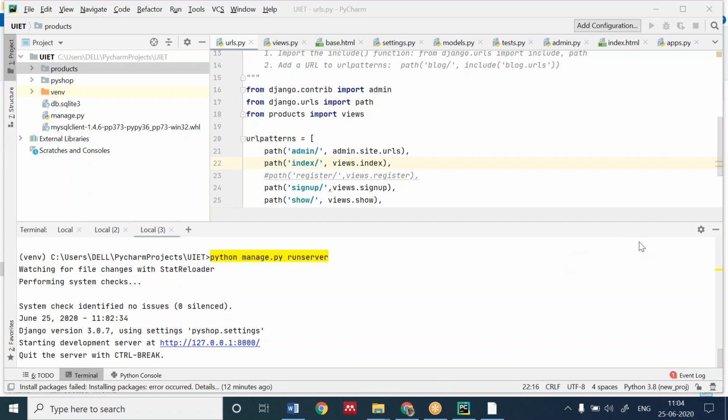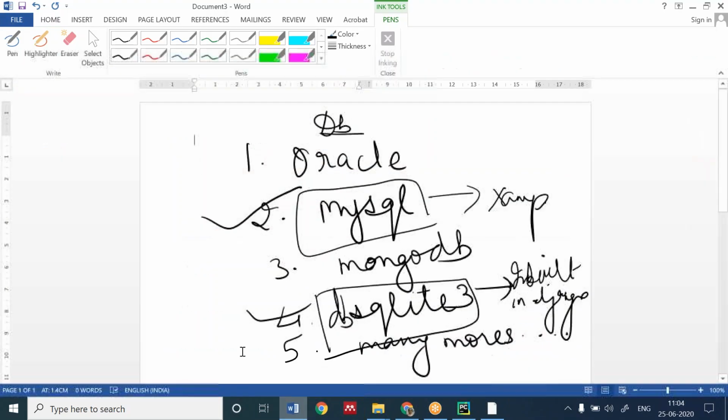Okay. Very good. Someone has sent me, I think, Shreyash. Okay, I got it. Shreyash has sent me the code. I will show you what the error is and how to resolve that.